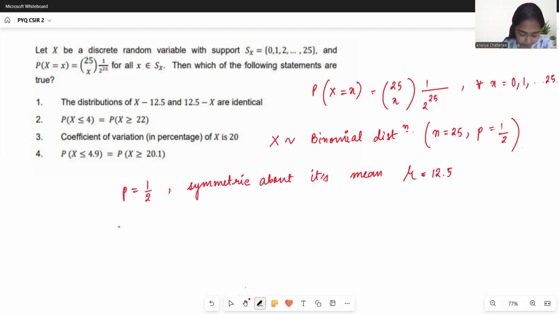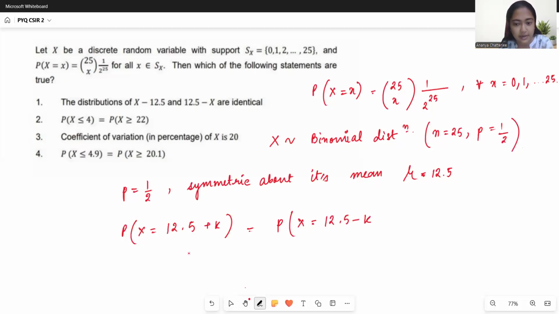Now here probability X equals 12.5 plus k is equal to probability X equals 12.5 minus k